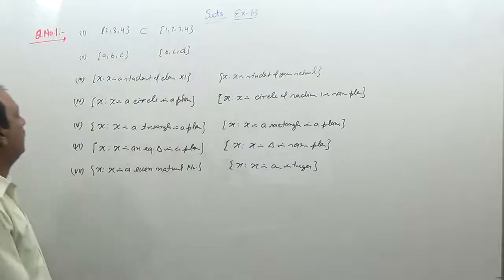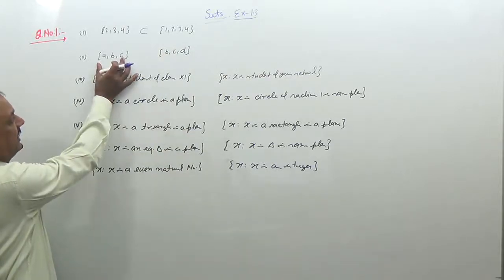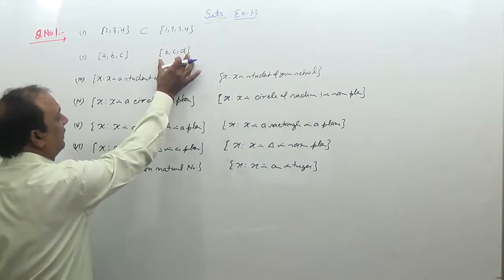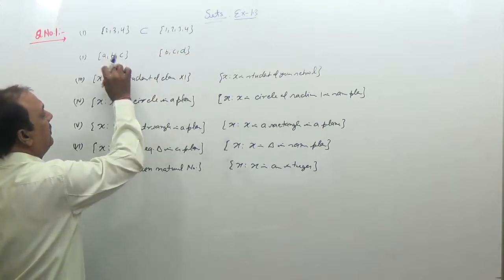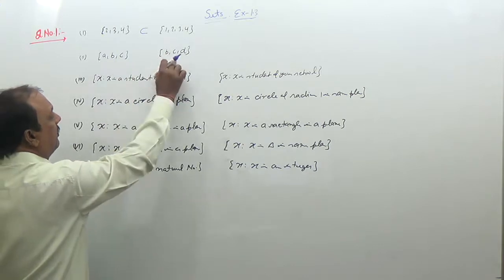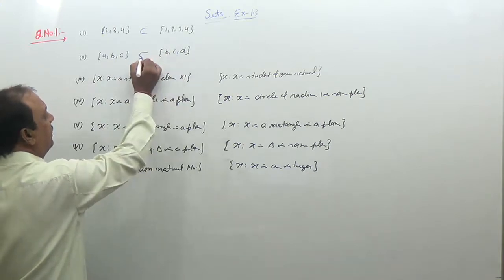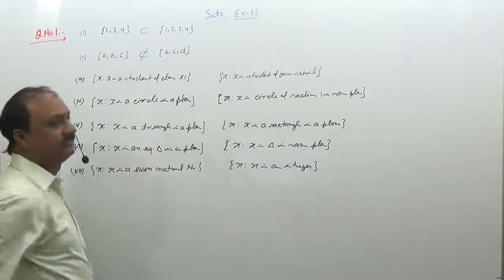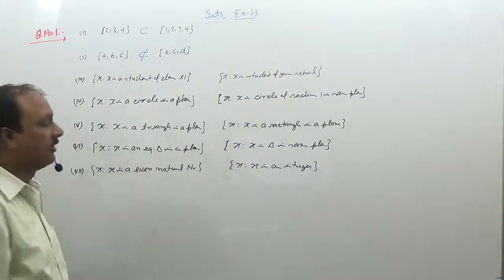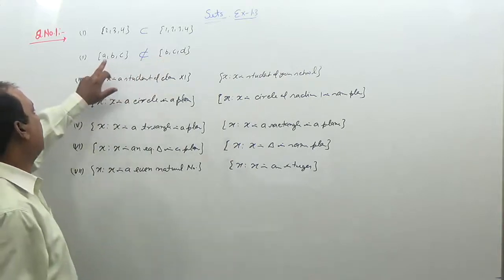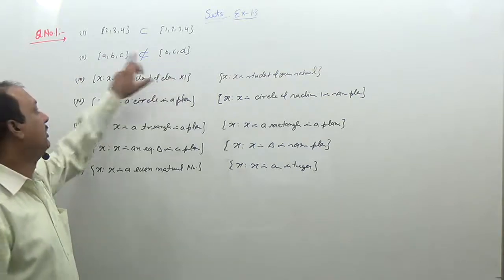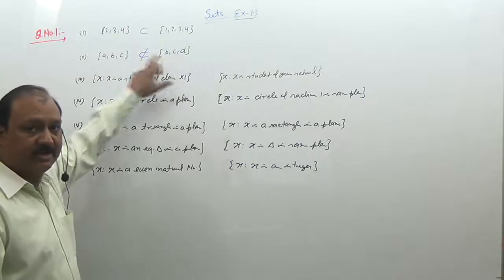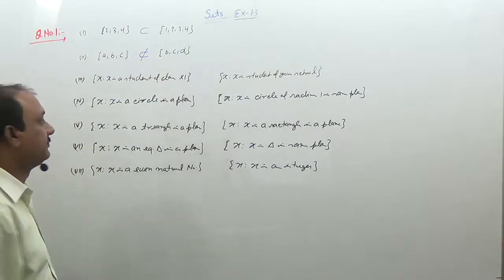Second is, there is a first set which contains the elements A, B, C and a second set which contains the elements B, C, D. So not all elements of the first set belong to the second set, so this one is not a subset. The first set is not a subset of the second set because the element A is not contained in the second set. तो इसके सारे एलिमेंट इसमें नहीं है, तो ये इसका सबसेट नहीं है.